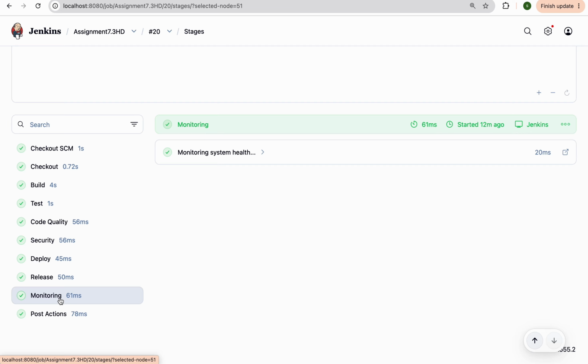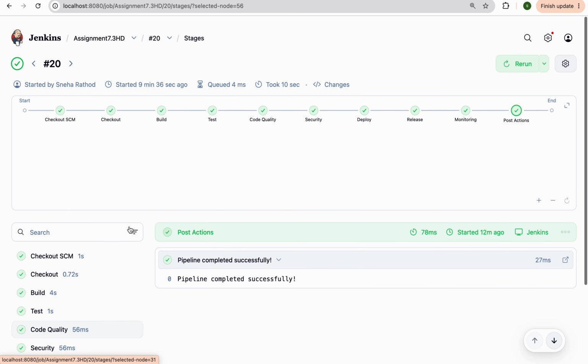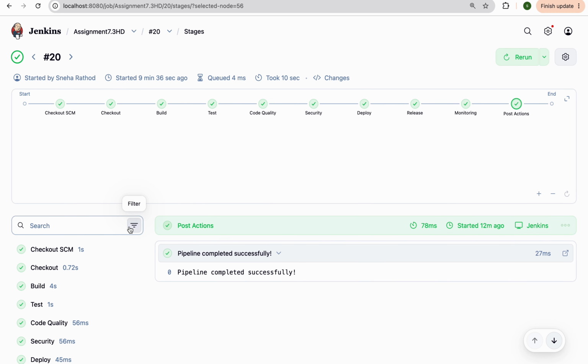After all stages are completed successfully, Jenkins shows the pipeline as success, meaning the entire CI/CD process worked properly. This project demonstrates a complete DevOps CI/CD pipeline using Jenkins and GitHub. It automates the entire software delivery process and integrates security into every stage, making the development process faster, safer, and